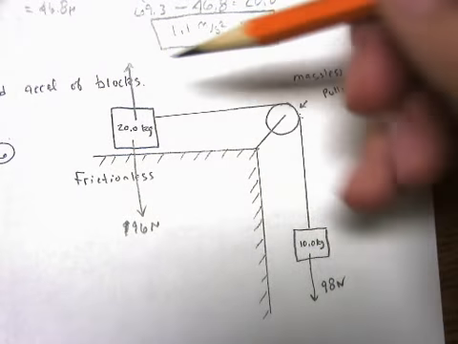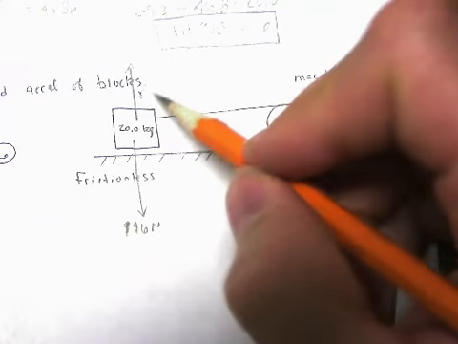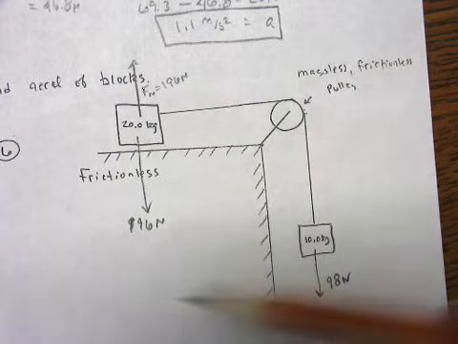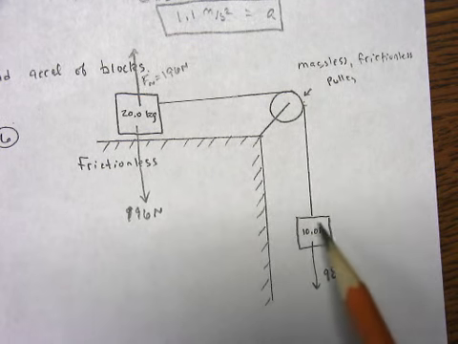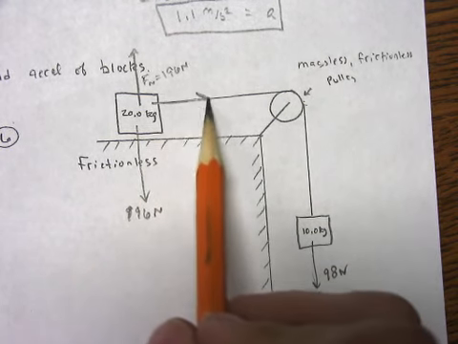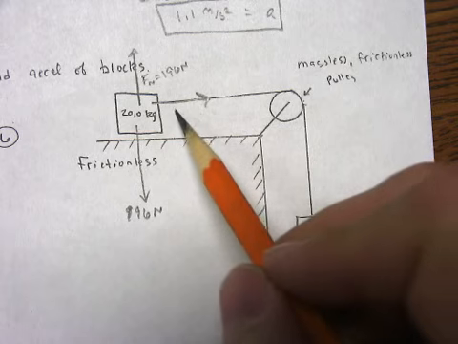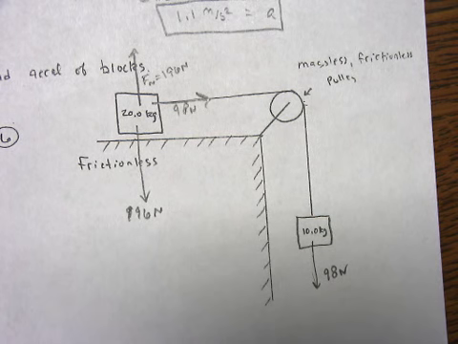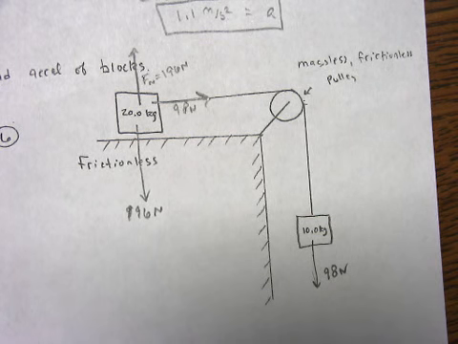And I also have a normal force pushing up at 196 newtons. So these are the forces that I know. This block is pulling this block forward here at a force of 98 newtons. That's the pull. Now,